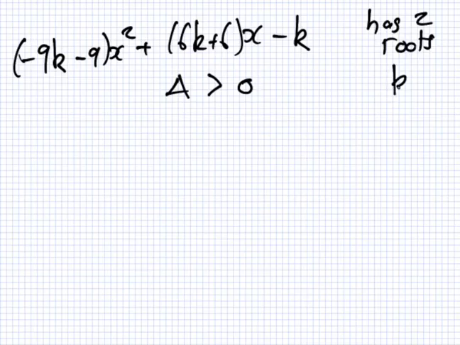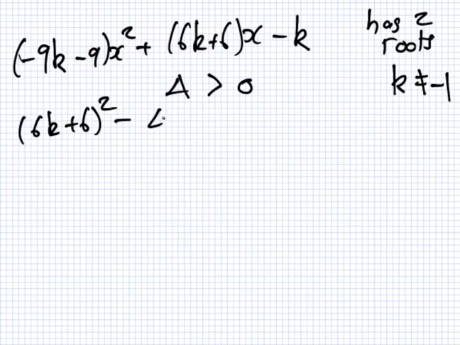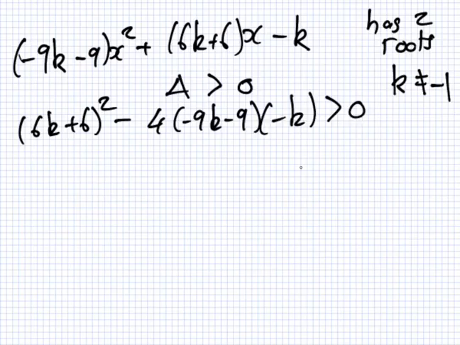Alright, so if it has only 1 root, what do we know about this? The discriminant should equal 0. Okay, let's try and find the k. So b squared minus 4ac